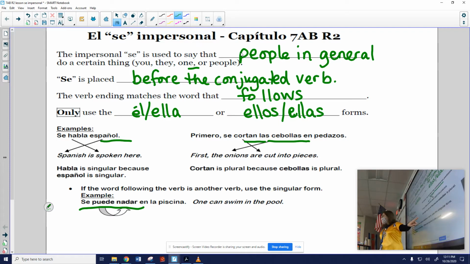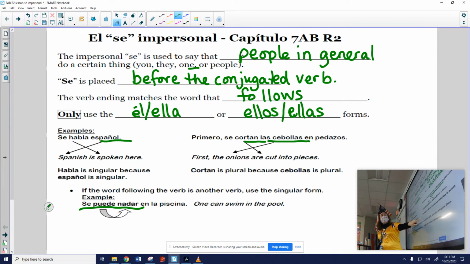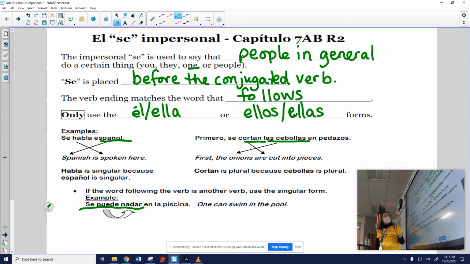How are you feeling about this so far? No es gran cosa. This is not a big, huge thing. But you'll see it a lot in Spanish, especially in signs. For example, if you go to a store where somebody speaks Spanish, oftentimes they'll have a sign in the window that says se habla español. Or if you're traveling in the Dominican Republic or in Puerto Rico or in Mexico, you might see a sign in the window that says se habla inglés. English is spoken here.